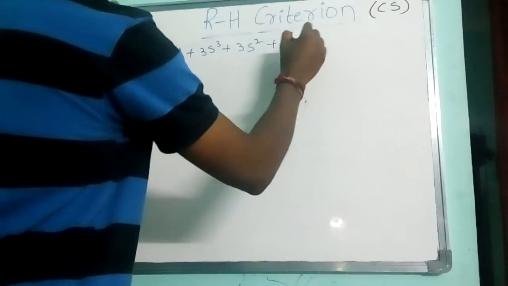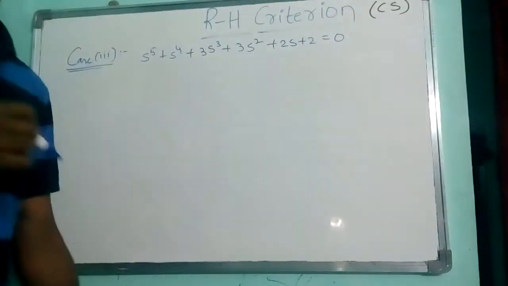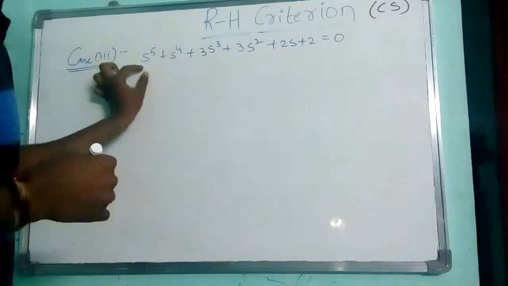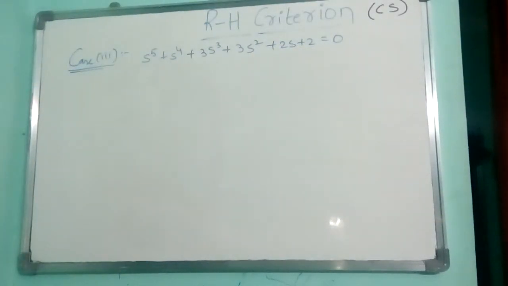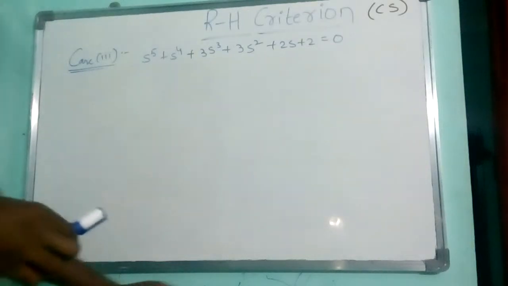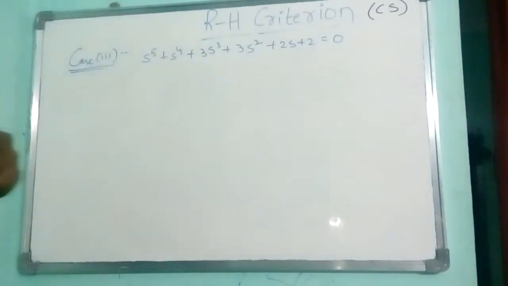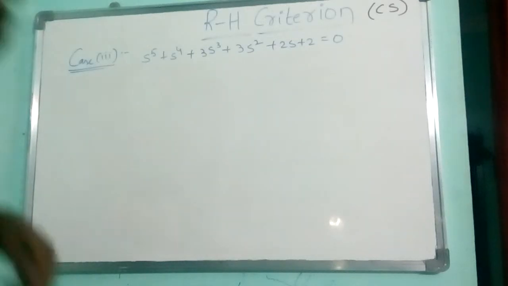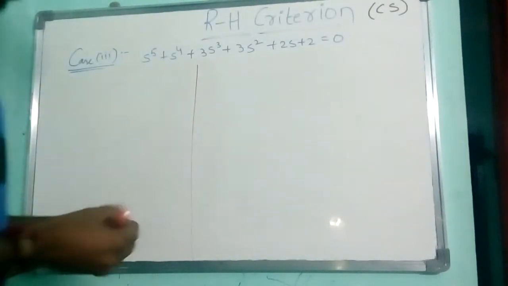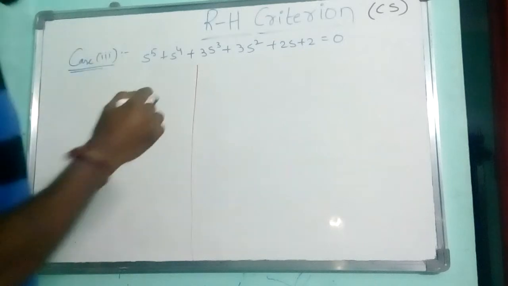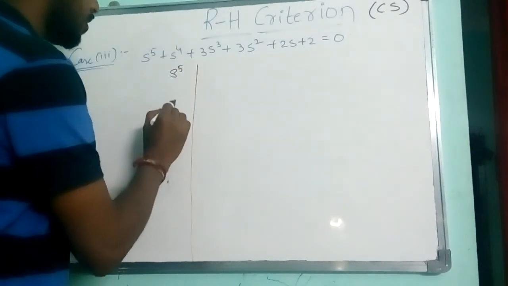3s square plus 2s plus 2 equal to 0. Oh my god, such a big equation. So this is a power 5 equation and this is the characteristic equation given. Now they are asking the stability of the system. Now easily, again going back to our normal procedure, we can do it. I consider s power 5, s power